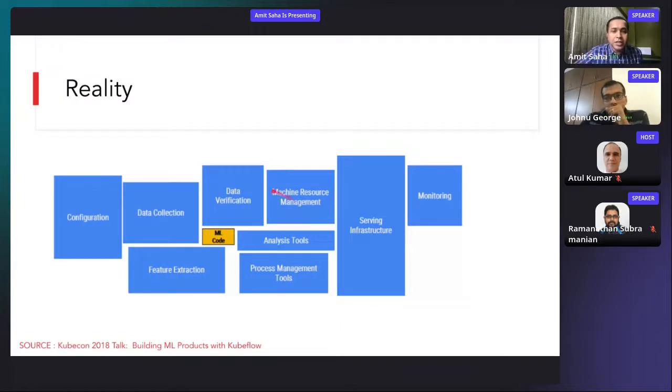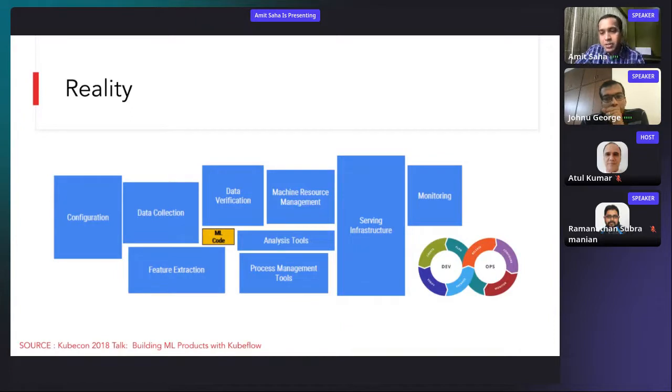But all this other peripheral stuff now becomes the kind of elephants in the room and becomes the bigger problem when you want to make this into a production grade piece of software, or have it used in a production grade piece of software. So in other words, there is something which we commonly use in software engineering, which is the concept of DevOps, and DevOps becomes very important when you want to make something practical and use it in production